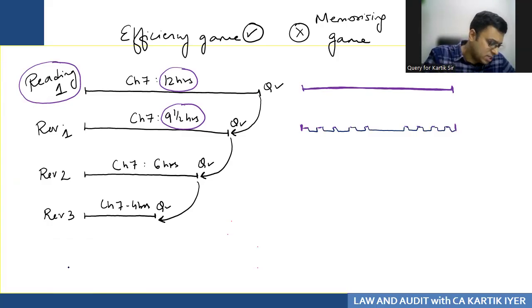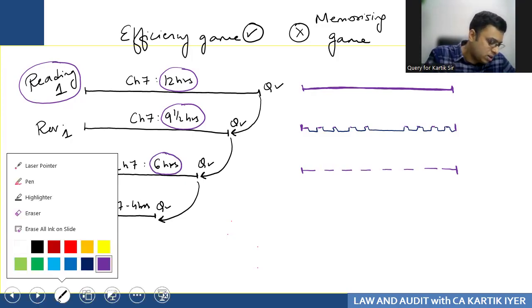Now what happens when you go to your next revision? See, understand, when you go to your next revision, no, now your brain has understood the game. What your brain is doing is now your brain is able to understand: do you remember this well, this well, this you remember well, and you're here. Now, because that purple areas you remember very well, no, that is why, my dear students, you are taking 6 hours instead of 12 hours, because your